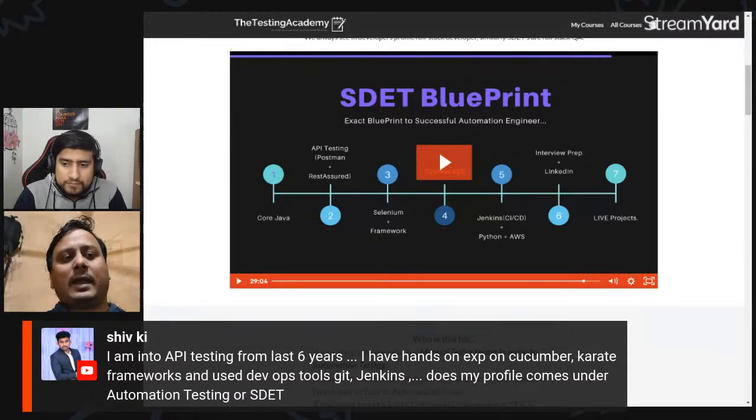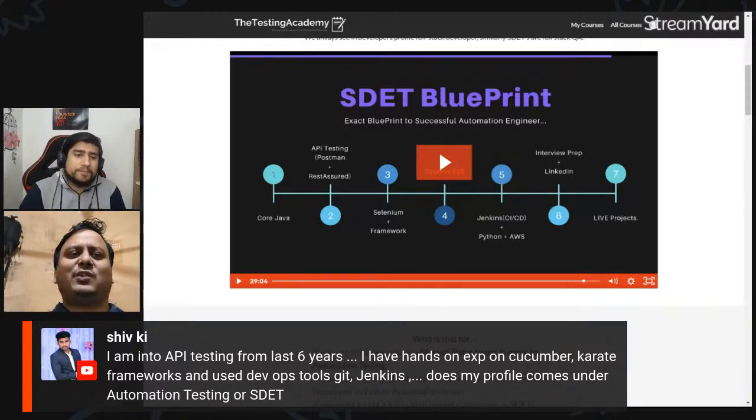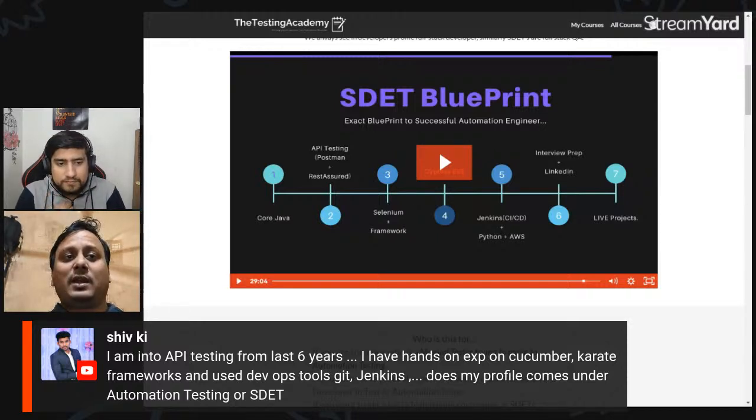But automation and SDET are not different. See, Pramod is automation lead, right? I am SDET lead. Earlier, I was also automation lead. So this is just a naming convention given by the companies. There's a difference between a testing team and an SDET team or automation team in some companies, but there's no difference between automation testing and SDET.